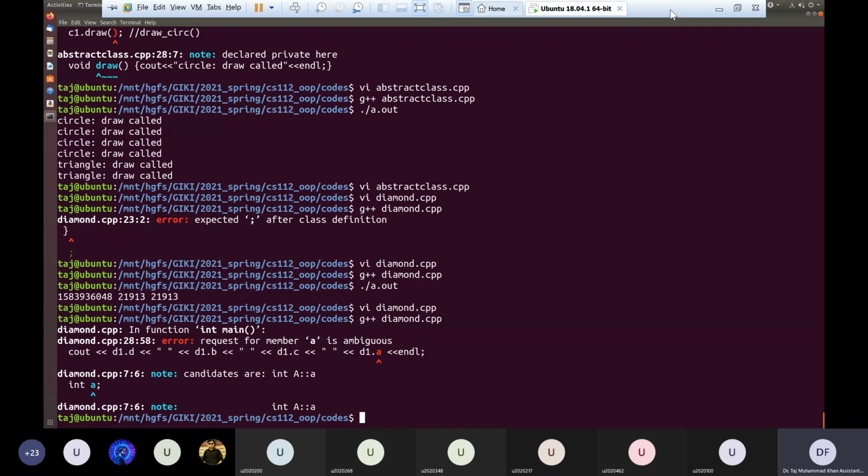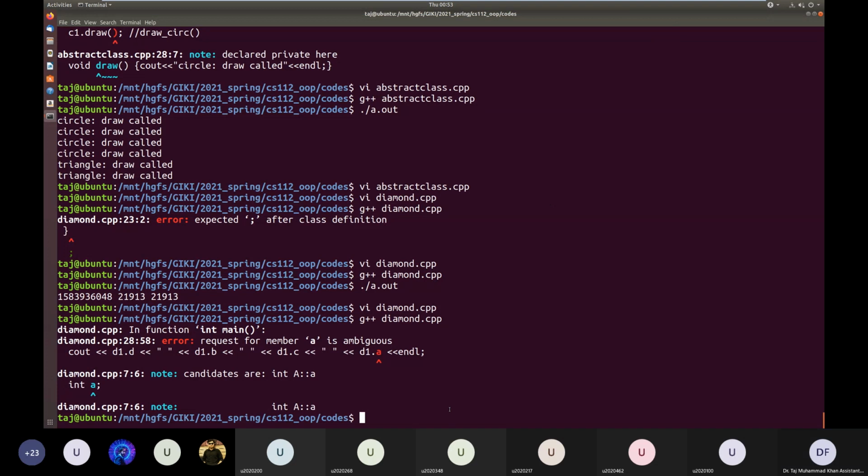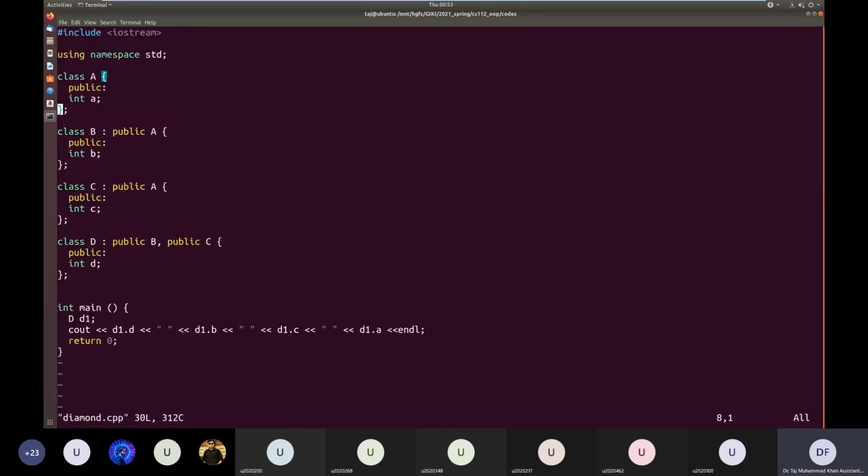So this is a problem which arises if you use multiple inheritance, and to solve it, the C++ syntax lets you tell the compiler that you should always avoid making multiple copies of the grandparent class. So when we inherit from this class A, if you know that you are going to make a diamond, you make this inheritance virtual.